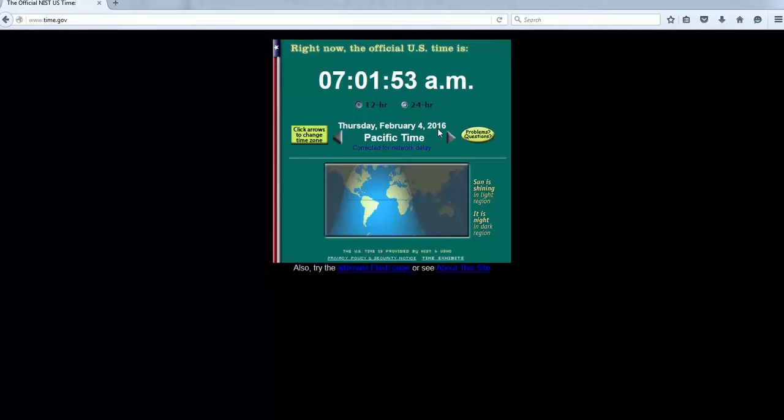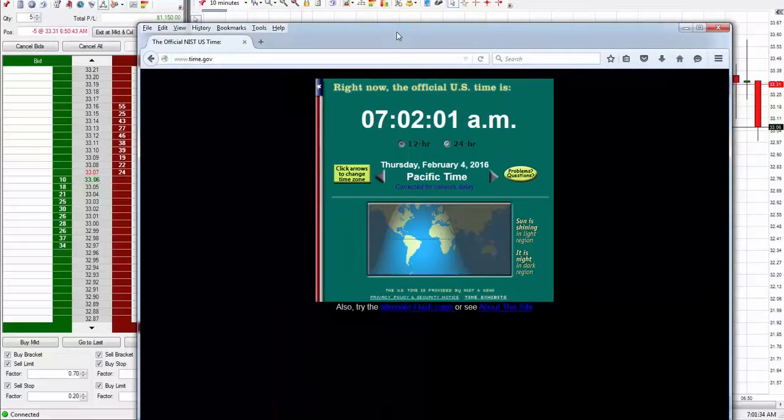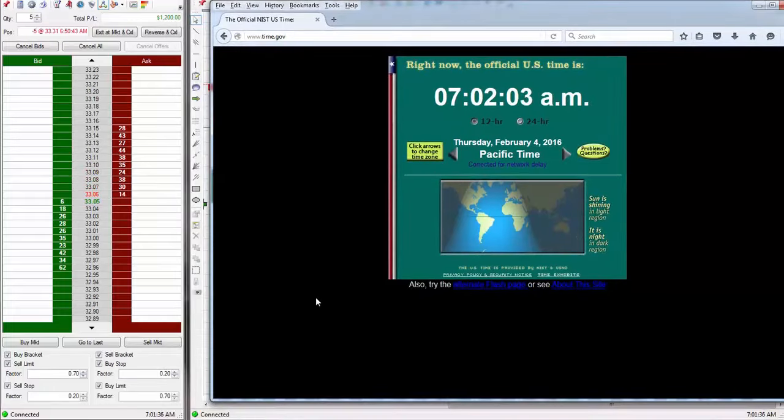It is Thursday, February 4th, 2016 in Pacific time, which is California time. And to minimize that a bit, you can see that's the same time as what you're seeing. My clock is off by almost 30 seconds. I don't know why it's off like that. I need to synchronize the clock on my computer. But this is the official government atomic clock time,